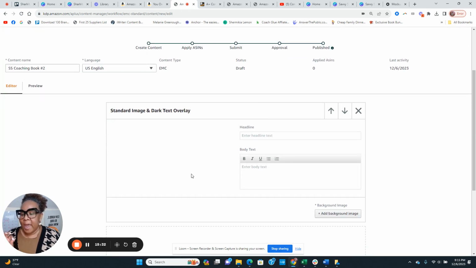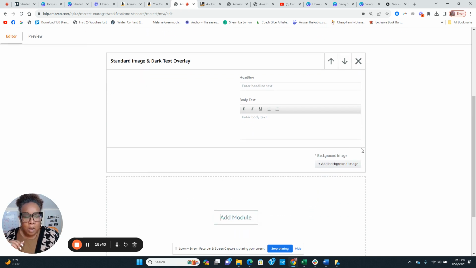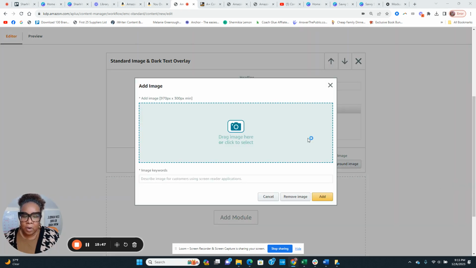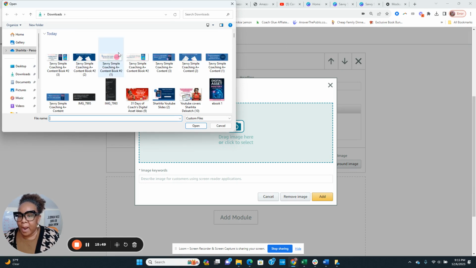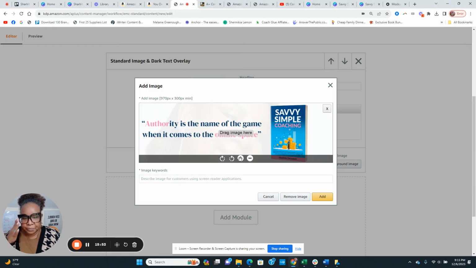So if you had just maybe a plain text like they had, or if you had just a plain picture like they had, you can add your own text here if you wanted to do that. Okay. But I have my picture already, so I'm just going to hit add text, add the background, and then I'm going to go over here and grab my first, which is right here. Okay, so that's the first one.